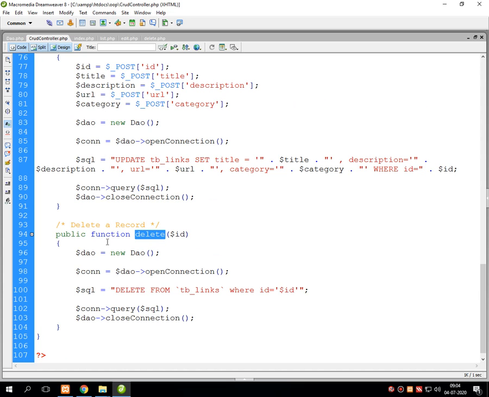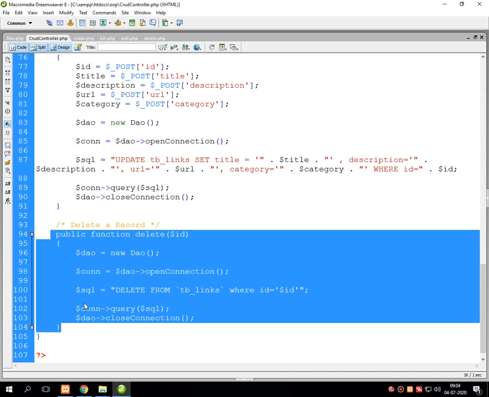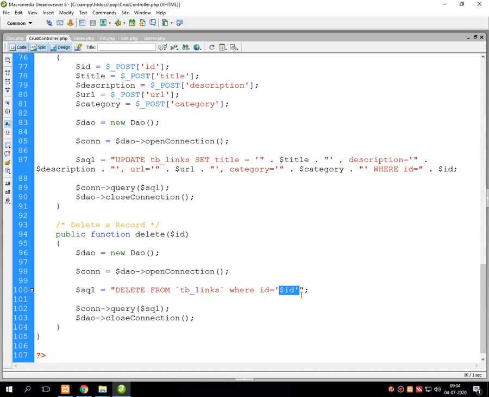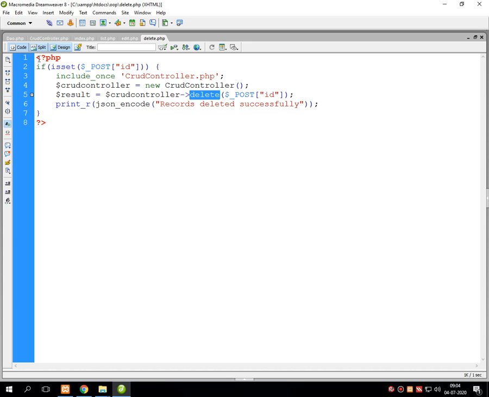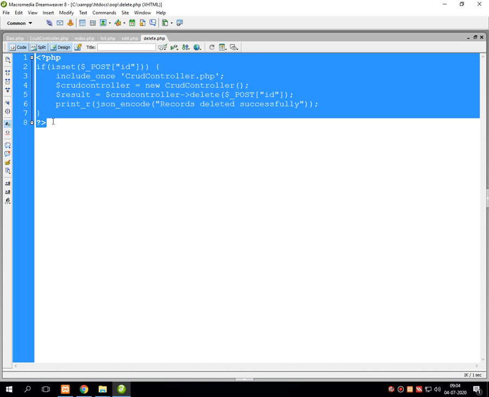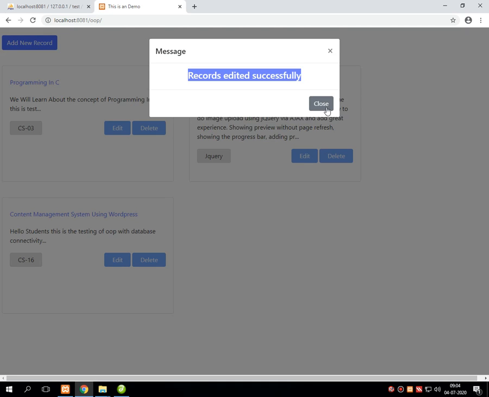So it will remove that particular record from the database table by executing the delete function, which has been called by this particular line of code in the delete.php file.